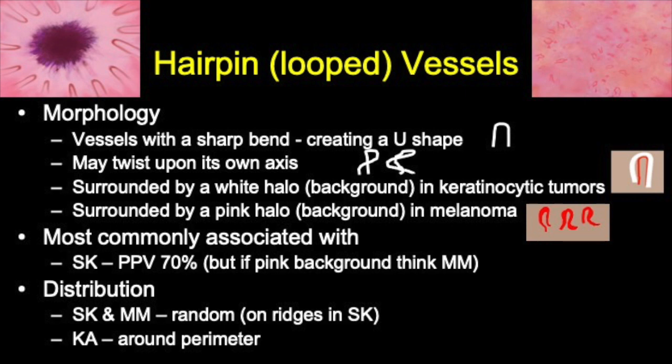Now, a hairpin vessel, that's your classic hairpin vessel, but the hairpin vessel can also twist upon itself, and the twisting upon itself is still a hairpin vessel, okay? And so in keratinizing tumors, you can have lots of these twisted vessels. You can see a perfect hairpin, but many times you'll see them twisted upon their axis, but they'll often have